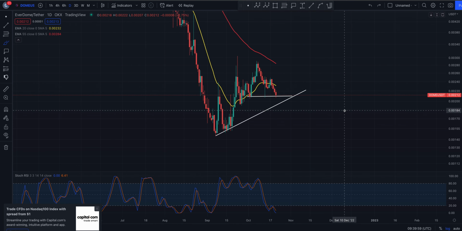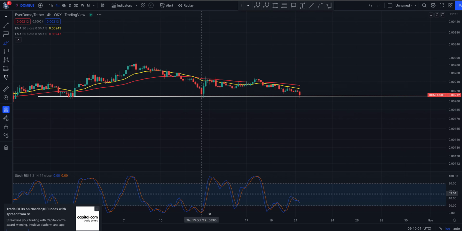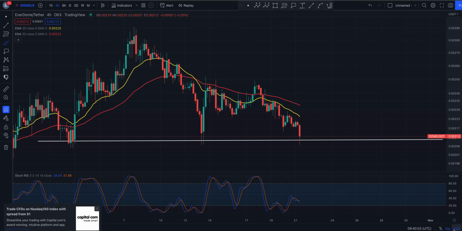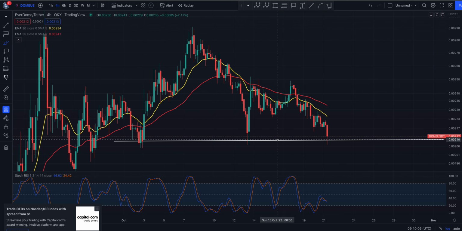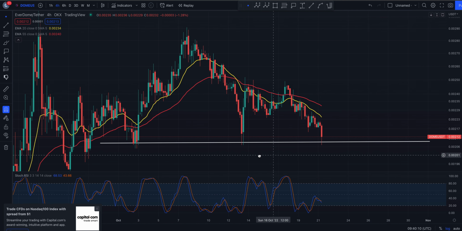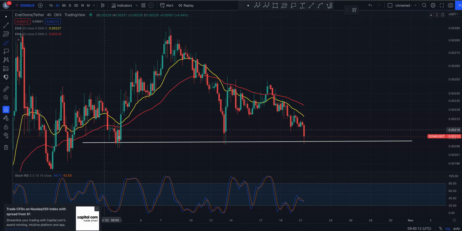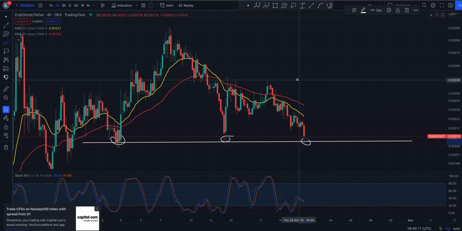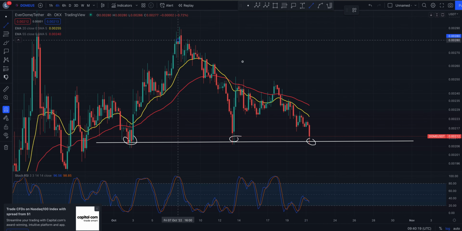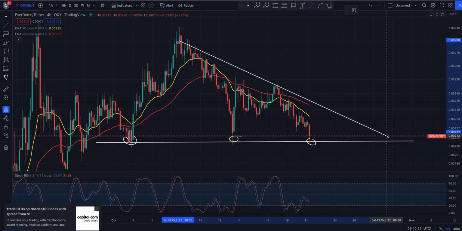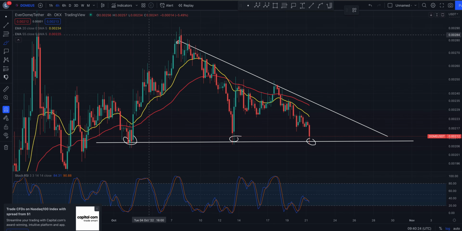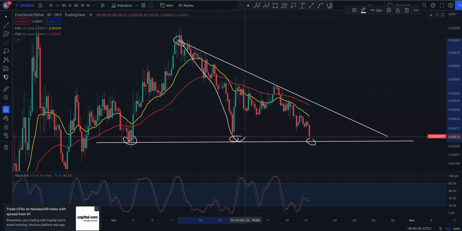Not much has changed really on the daily time frame. If we look at the 4 hour, I've said to us many times before that these lows are our current support. Right where we are now, you can see we're in the area of support. If we do start to lose these lows, the support line right here, I said potentially before we were in some sort of descending triangle on the 4 hour time frame, where you've got this resistance line, you come down for support, you come up to resistance, you come down for support. Right now, if we do get a bounce and fail to break above this on the 4 hour,